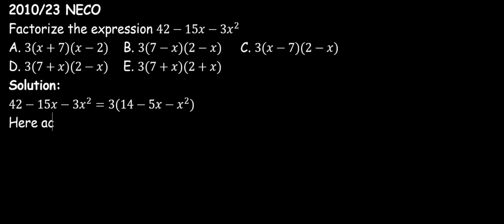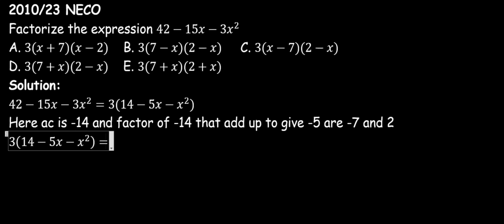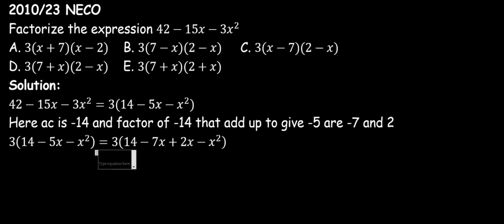Here, our AC is minus 14, and the factors of minus 14 that when added up will give us minus 5 are minus 7 and 2. Thus, our 3 into bracket open 14 minus 5x minus x squared will be equal to 3 into bracket open 14 minus 7x plus 2x minus x squared, bracket close. Now we still have our 3 there, and we can now factor out 7 out of the first two items. We have 7 into 2 minus x, bracket close, plus we factor out x from the last two items, and that will be x into bracket open 2 minus x,